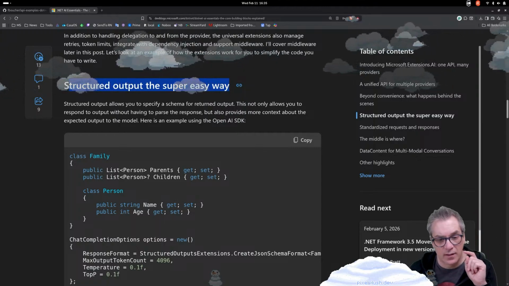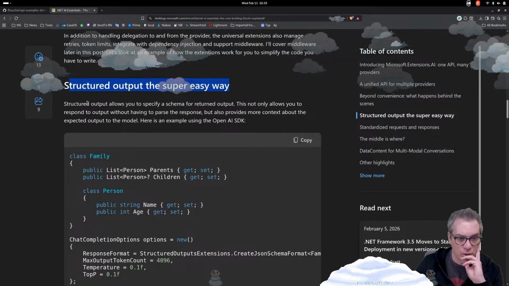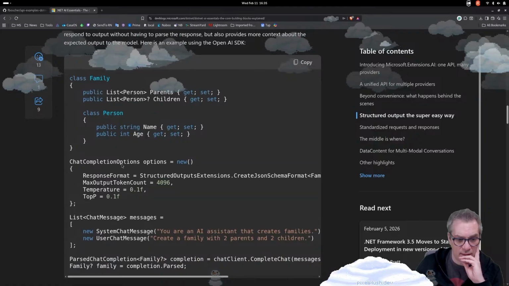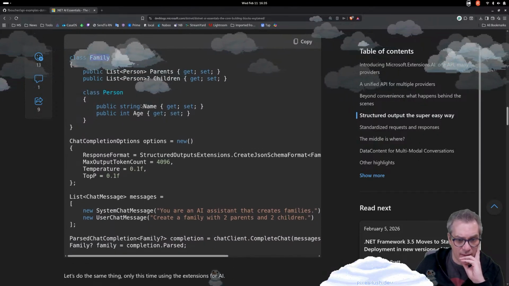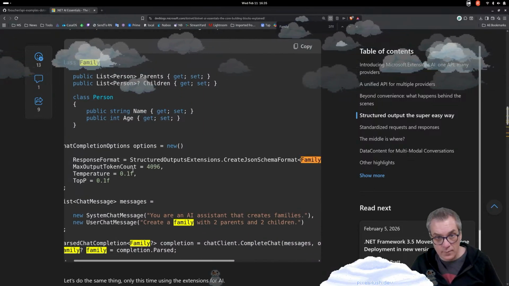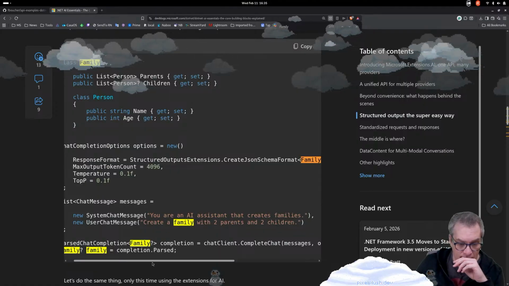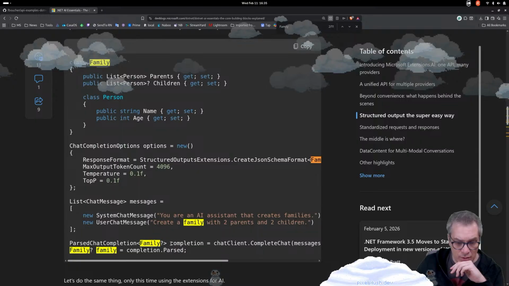because before it wasn't working. So structured output to simplify. It takes a class and it parses the completion to this.